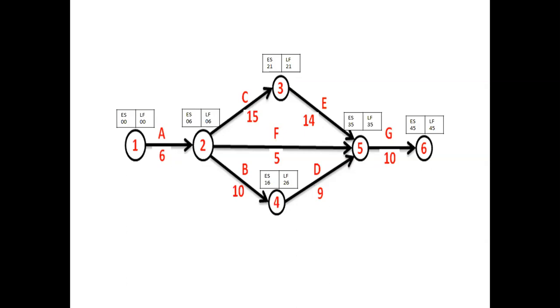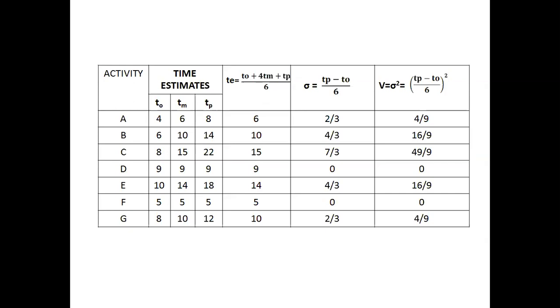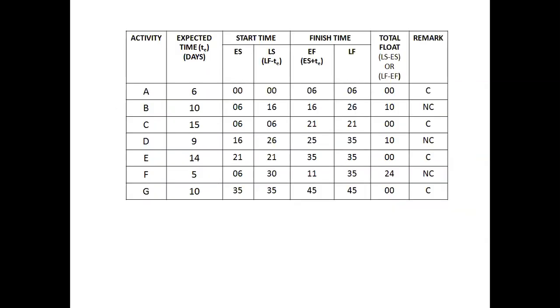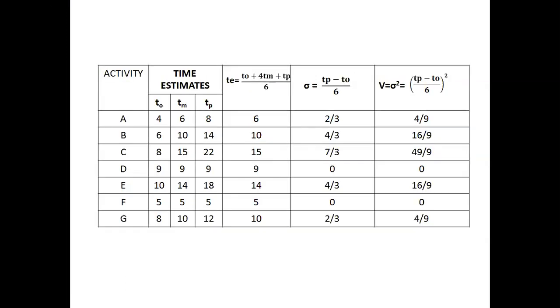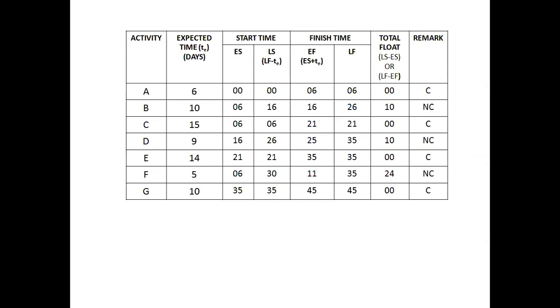Then let us tabulate these earliest start and latest finish times so that we can calculate the earliest finish and latest start time. Here it is tabulated. For activity A, the expected time we have already calculated in the previous table, so that has been posted under the column expected time. Then the earliest start time for A, B, C, D, E, F, G has been tabulated here. The latest finish time is also taken from the network diagram. Then the latest start and earliest finish times have been calculated based on these relationships.